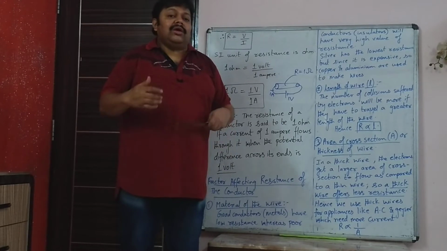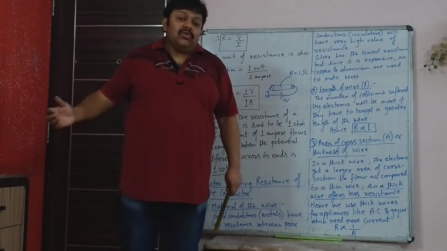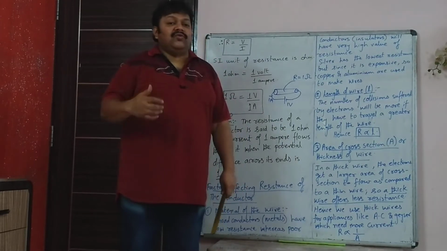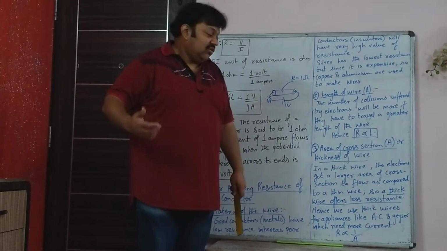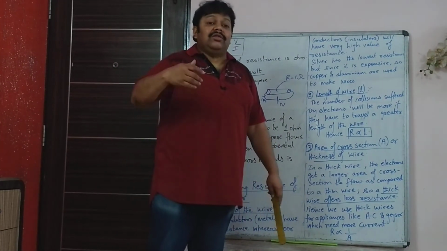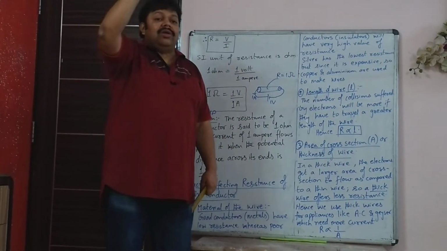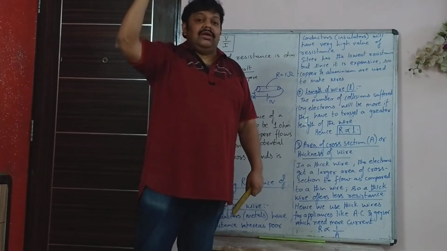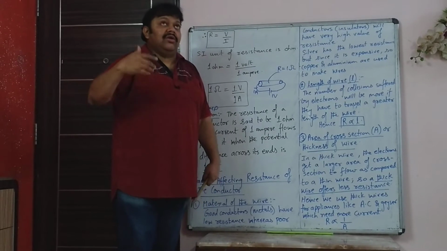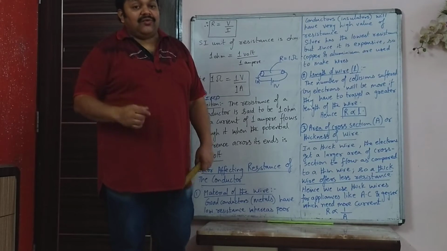When current flows through wires, the wires get heated. So if it is a thick wire, it will have low resistance, so more current can flow without heating it up. Therefore, such thick wires are used for appliances like your air conditioners. Here AC stands for air conditioner. And for the geyser in your bathroom, you will see the connecting wire of the plug to the geyser is very thick. And the internal concealed wiring for the geyser is also thick, much thicker as compared to the wire which you supply for your tube light or for your fan.